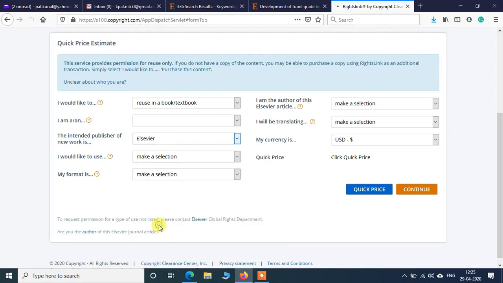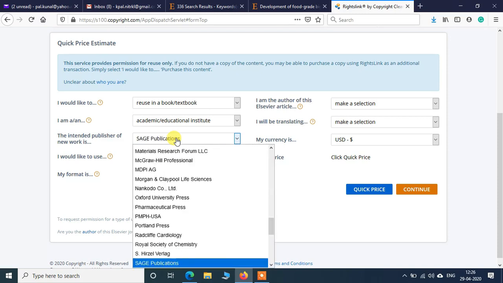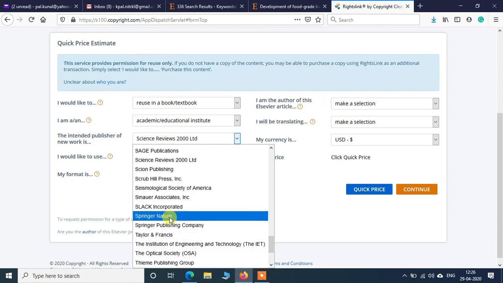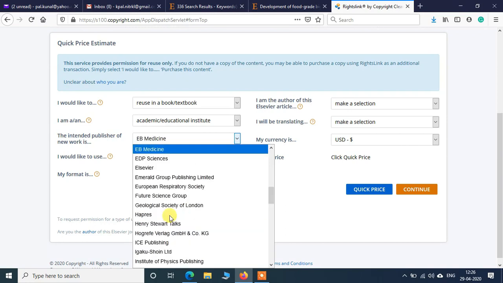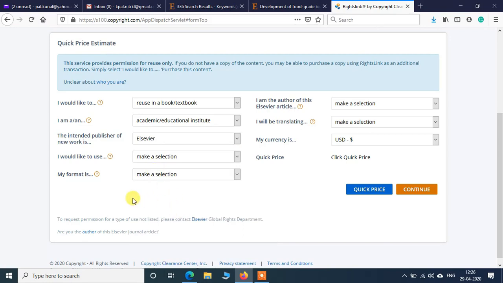So we will be choosing Elsevier. If you are writing a book chapter for any other publisher, you can select, say, Springer. If you want to have a Springer publication, then you can click Springer Nature and all this, right? So for this moment we will select Elsevier.